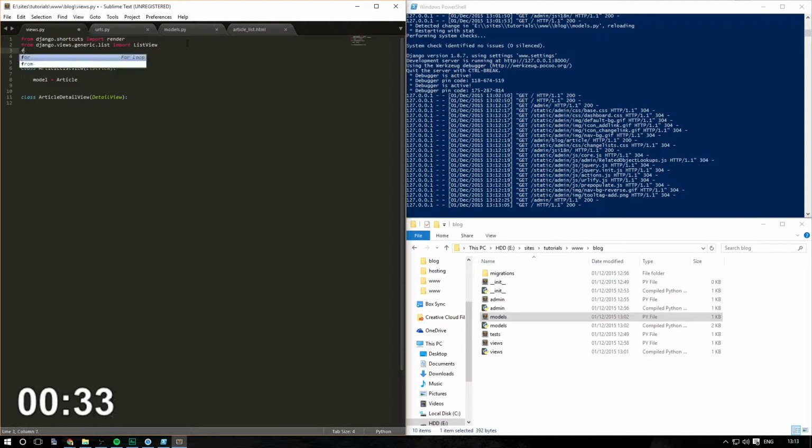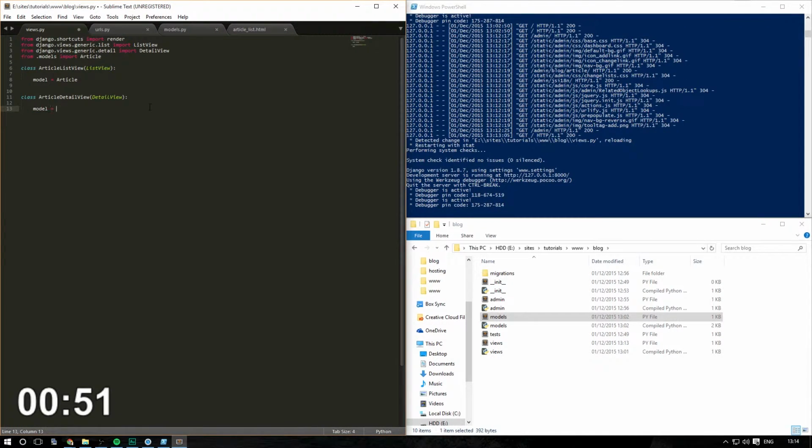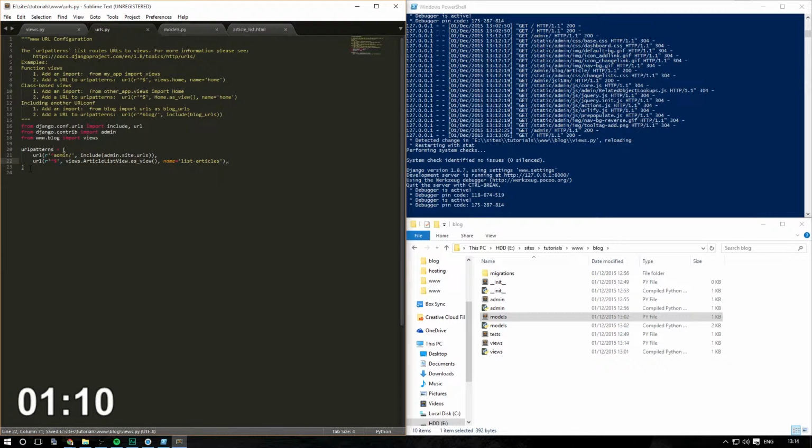Okay, so we need to import from django.views.generic.detail our DetailView. Okay, so that basically gives us the detail view straight away. And if we go into the URLs,